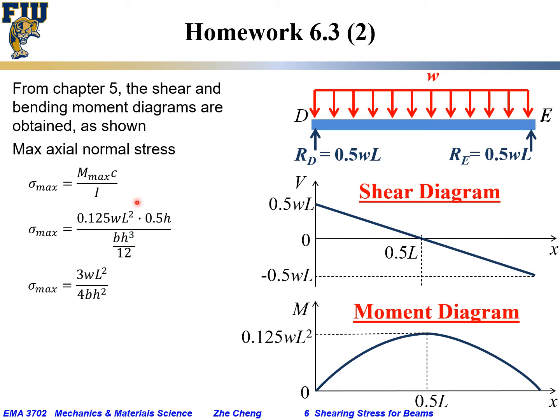We would have 12/16, which after simplification gives us 3/4, and W we keep, L square we keep, and b we keep, h and h to the power of 3, so we have h to the power of 2. So this value would be the maximum axial normal stress for this entire prismatic beam under such a uniformly distributed load. Okay,